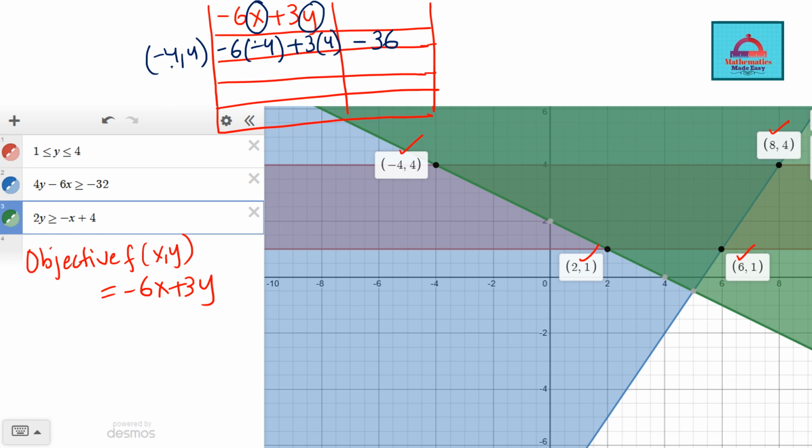Next point I'm taking is 2 comma 1. At 2 comma 1, this value comes out to be minus 6 times 2 plus 3 times 1, substitution. Simplify and it comes out to be minus 9. Next point 6 comma 1, and last point 8 comma 4. At 6 comma 1, this value is minus 6 times 6 plus 3 times 1, and on simplification this gives you minus 33. Finally, last point, minus 6 times 8 plus 3 times 4. Simplify and this value comes out to be